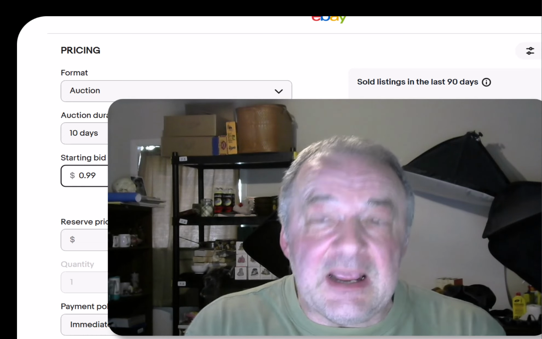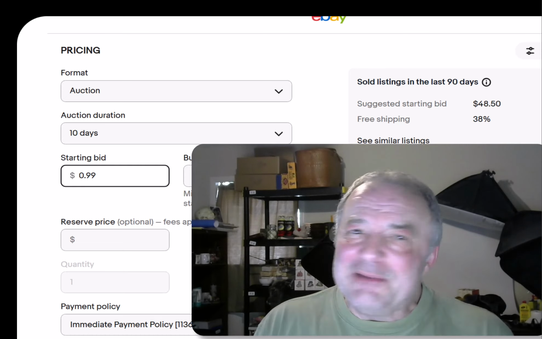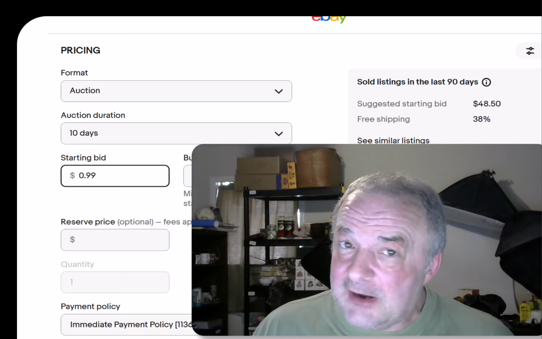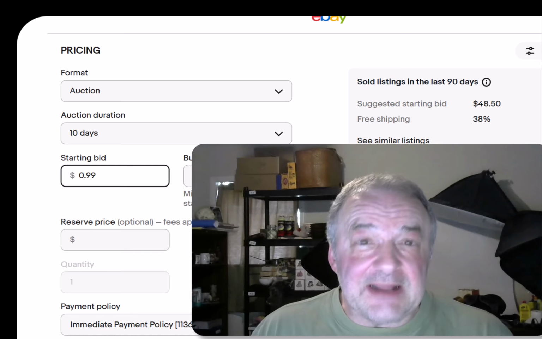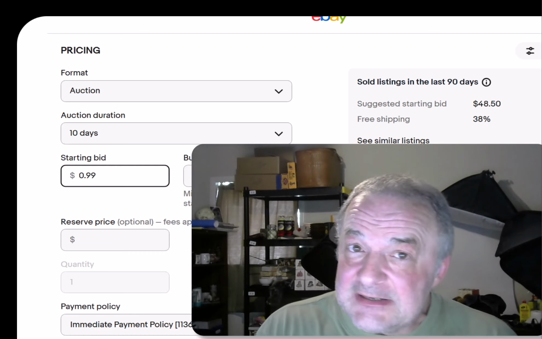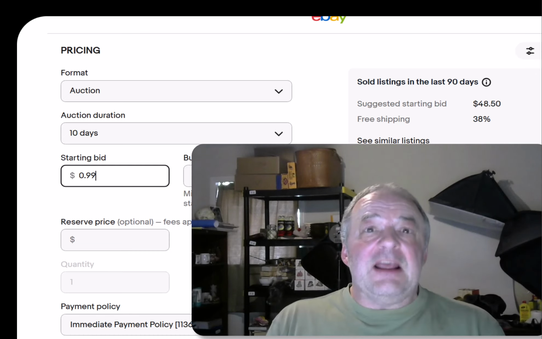Here is the key. If you think it's going to get bids without any doubt, you might be wrong, but you're not going to gamble that and lose very often. If you know your item, you know your comps, and it's going to get bids a lot, and it's going to sell in the week or 10 days that you're going to list it, start it at 99 cents. There's a phenomenon that